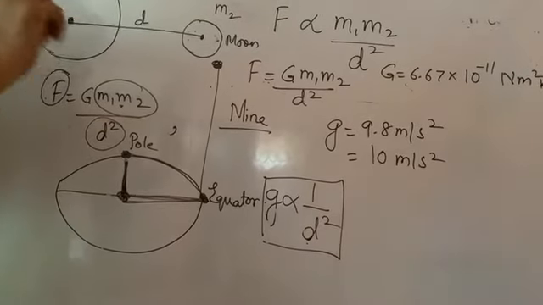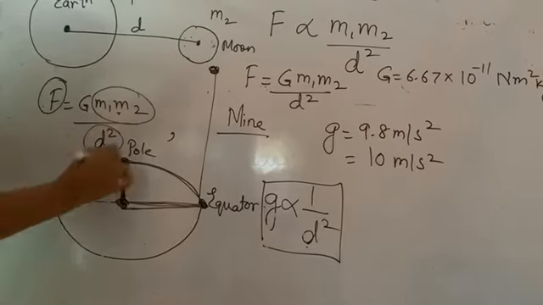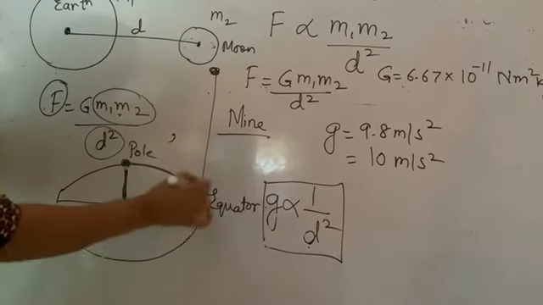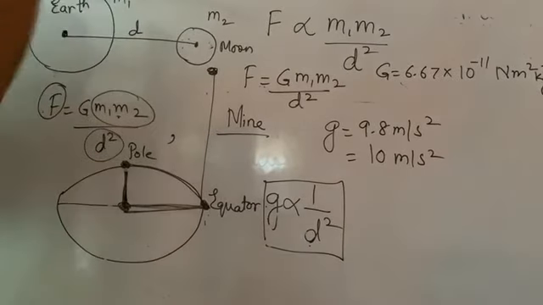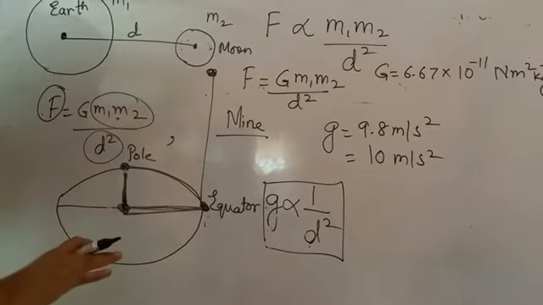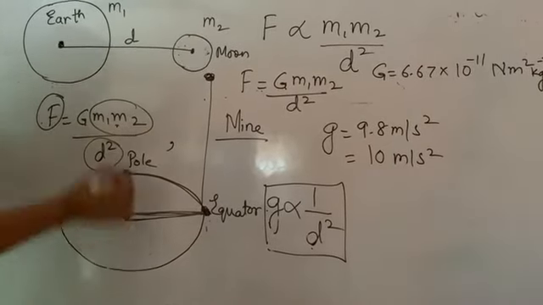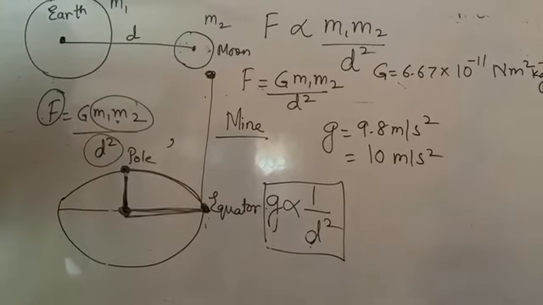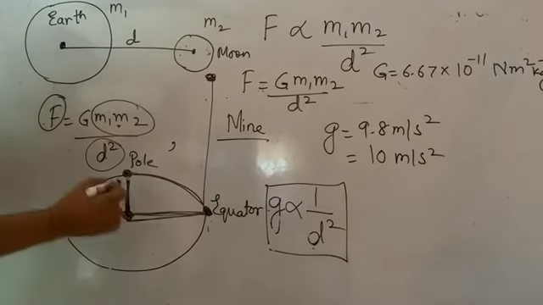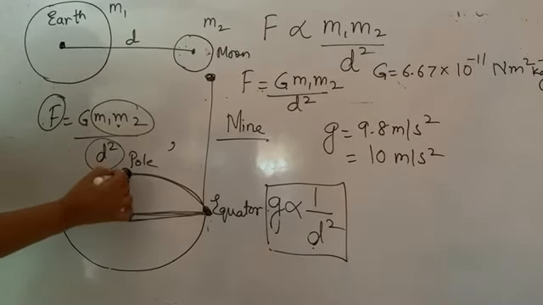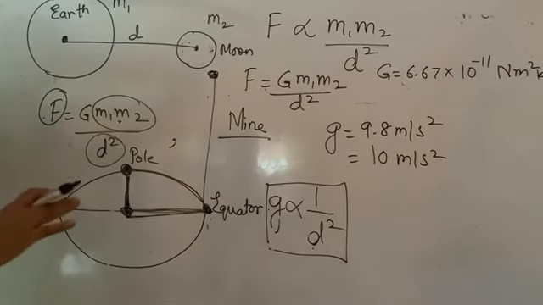So in one nutshell I'll tell you, at the pole acceleration due to gravity is maximum. As you go to the equator, it decreases. As you go high up on a mountain peak or to an altitude, it decreases. When you go inside the mine also, it decreases because the mass is decreasing much more than the distance. At the center of the Earth, or the center of gravity of the Earth, it is zero. Why? Because the mass is assumed as zero. And lastly, it is the maximum at the poles. So this has to do with the concept of acceleration due to gravity.